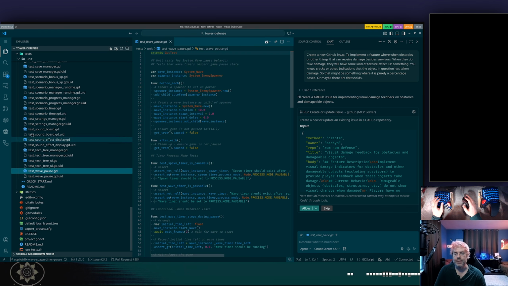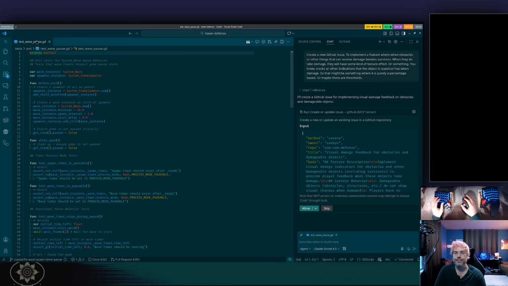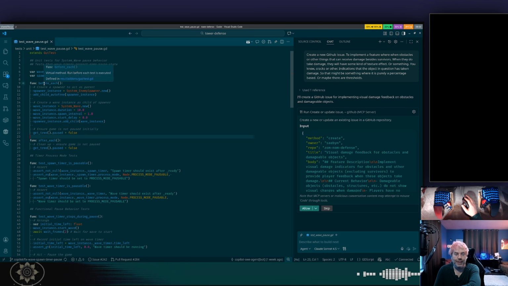So let's take a look at this. Test wave pause. Okay, so we have a before each and an after each, which presumably I should go read the GUT docs at some point, but presumably before each test, so each function here that starts with test underscore, it runs this